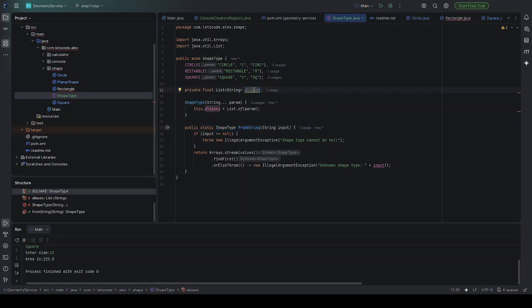So we define that each shape can have its aliases, like circle can also be called C or circ, or rectangle just a capital R. So it will be easy for the user to input only a shortcut for the whole word. So to parse it,